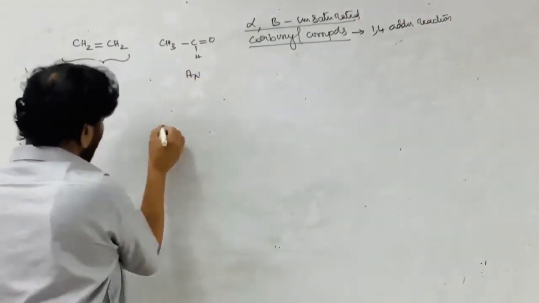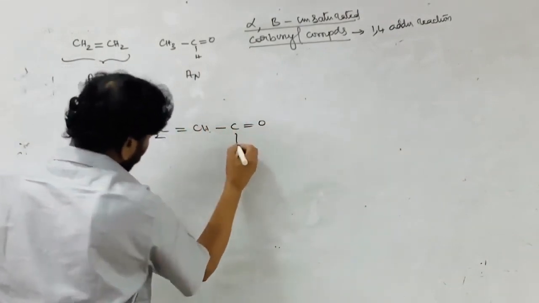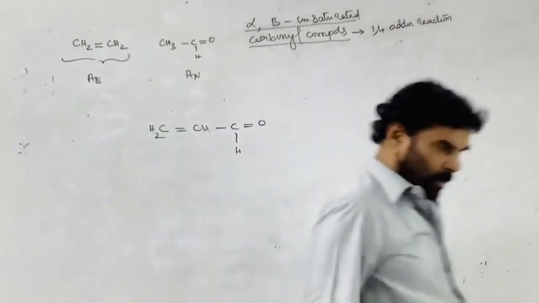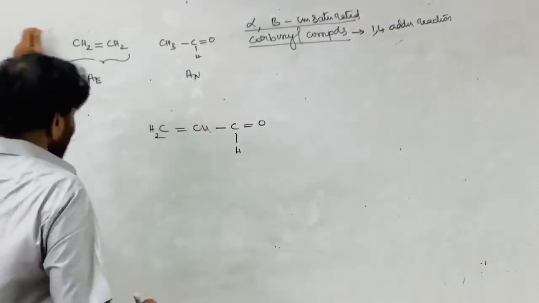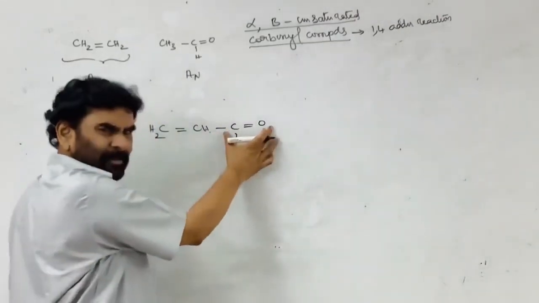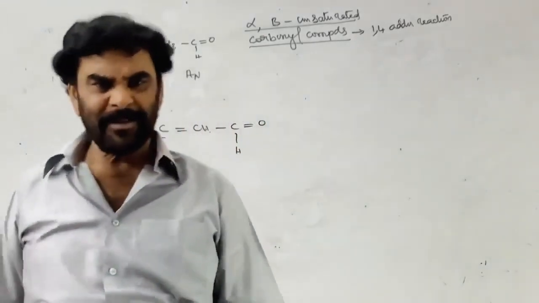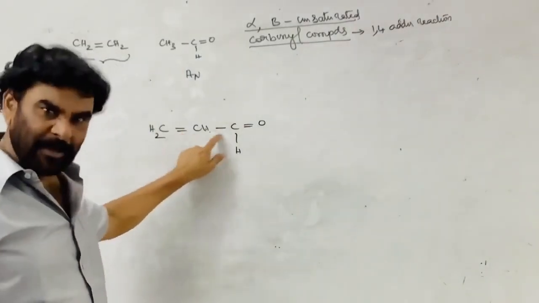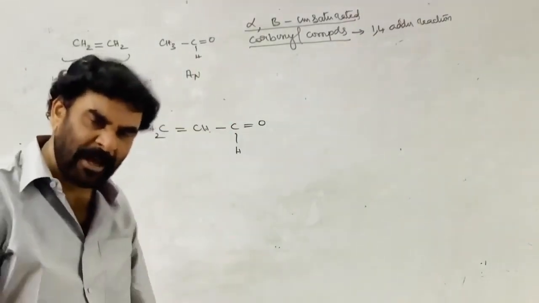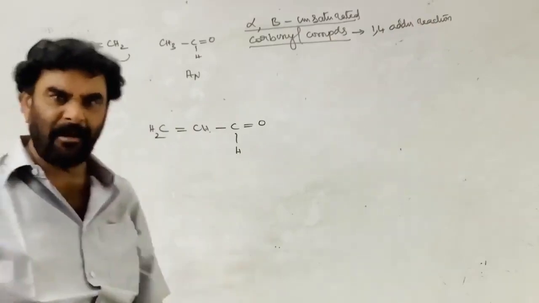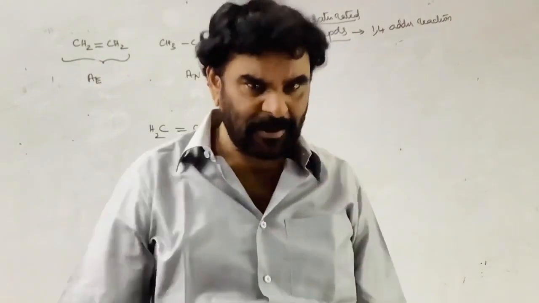Let me take now this compound: acraldehyde, propenal, all means aldehyde. Enol, propanal. See, now this is the carbonyl group, no doubt. Still it is the carbonyl group, it takes part in the addition reaction, and this is a carbon-carbon double bond, it takes part in the addition reaction. All pi bond containing systems take part in addition reactions. No speciality at all. Pi electrons are loosely held electrons, they take part in the reaction.